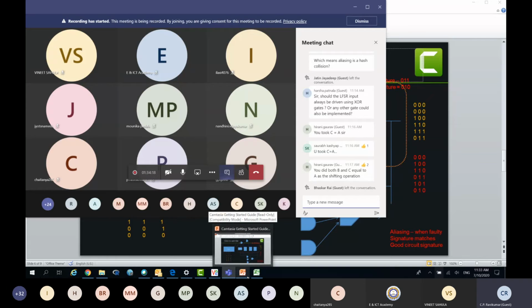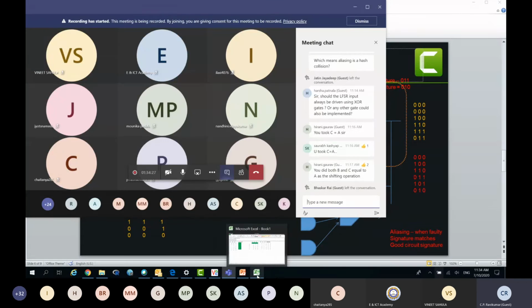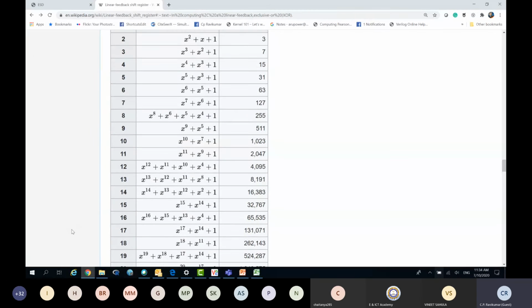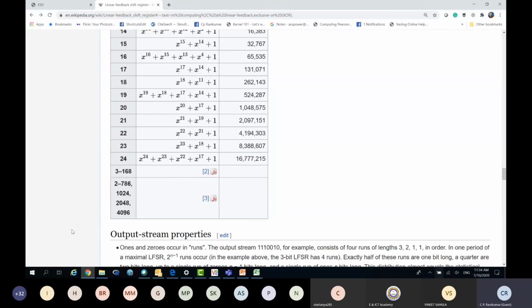Modeling using Excel is not too bad as a small exercise, right? But at least you will appreciate why they invented all these languages, right? So aliasing might occur if you choose a very small LFSR. But if you are willing to build a larger one, let us say 16 bits or something like that, then the chance of aliasing is lesser. It requires more hardware, no doubt, but it reduces the chances of aliasing.